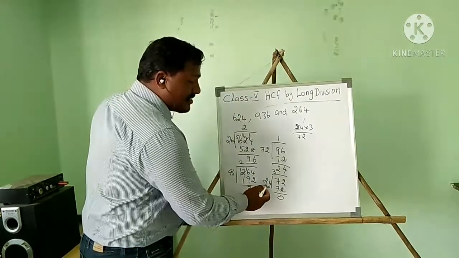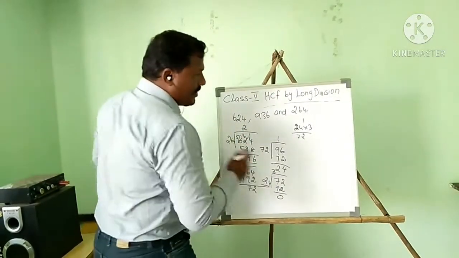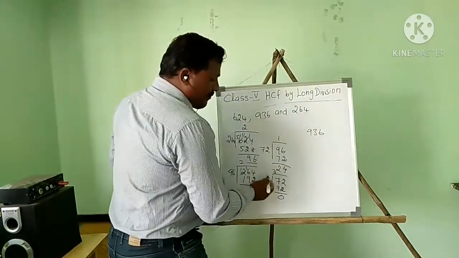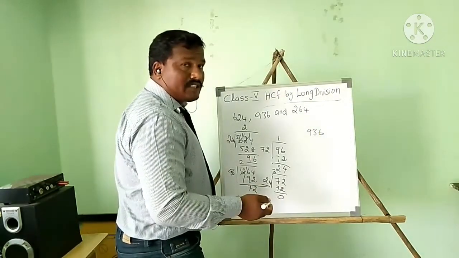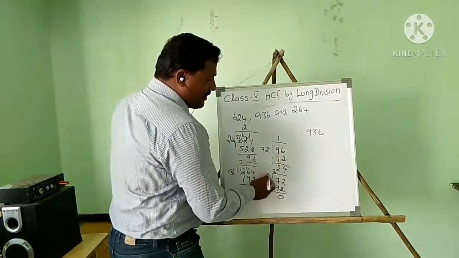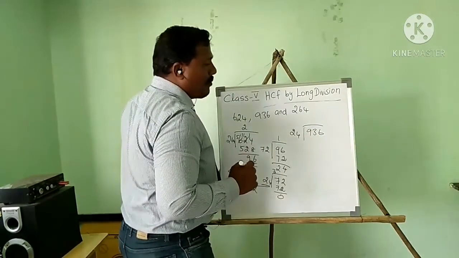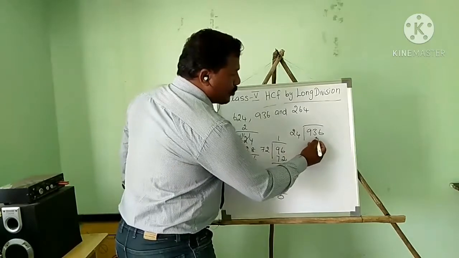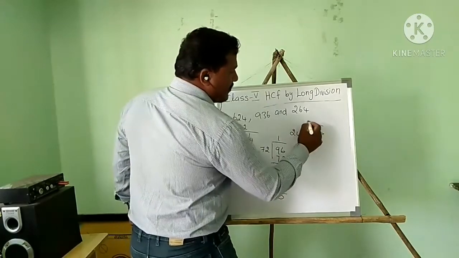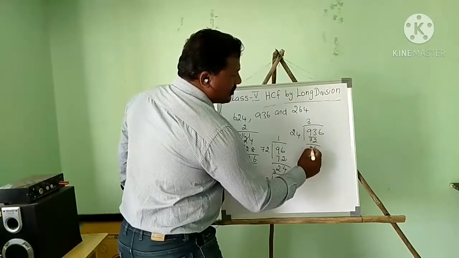Now I will take this divisor 24. I am going to divide the third number 936 by it. Okay. So 936, the third number, we will divide by the last divisor. Don't take the other divisors, only the last divisor. Okay. So I am going to divide by 24. How many times can we divide? First I will take 2 digits. So 3 24s are 72.